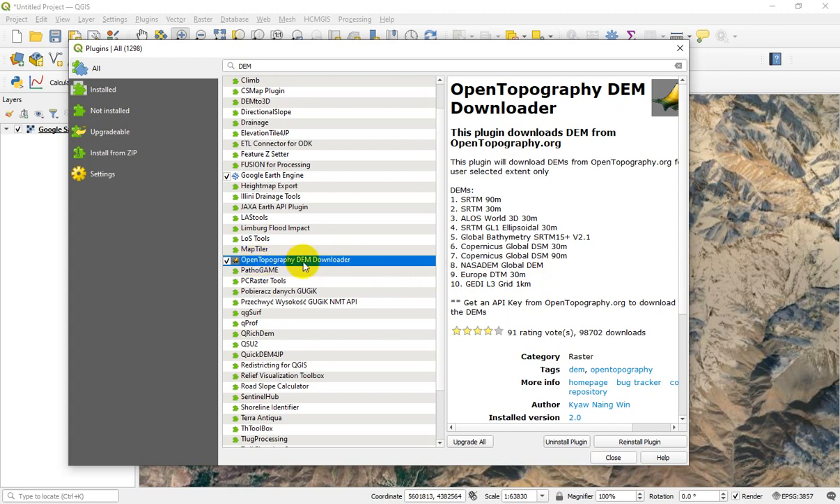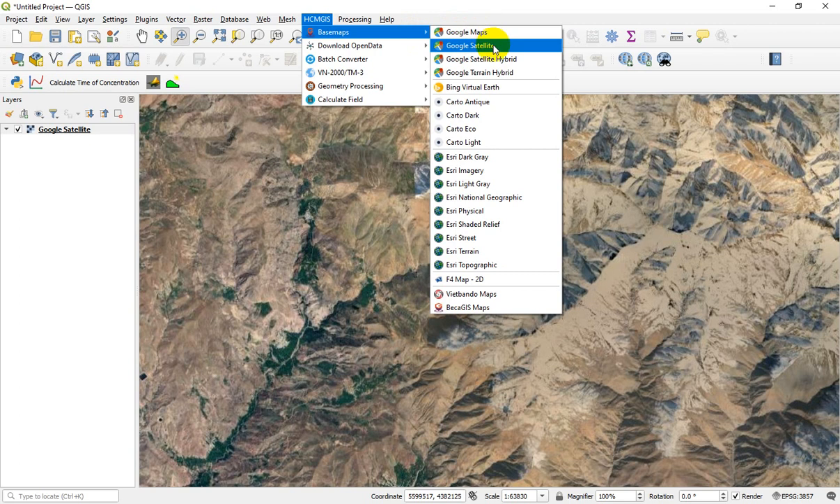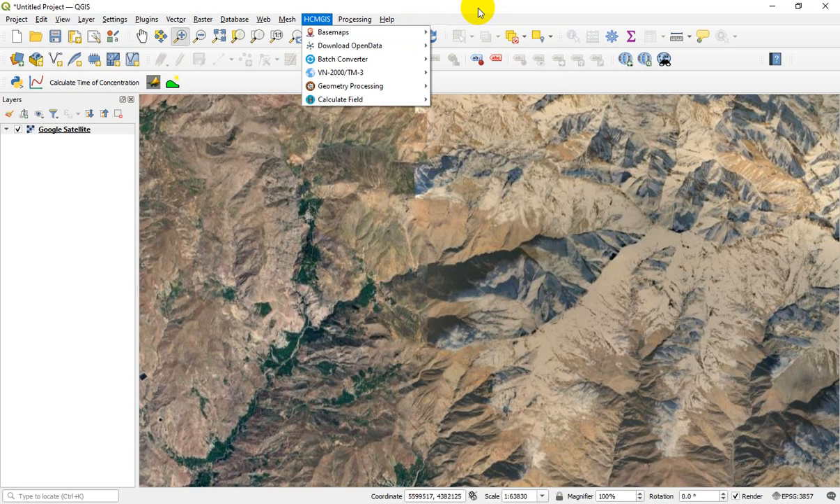Okay, select Open Topography DEM downloader and install it on your computer. And after downloading, you can find icons on Quantum GIS. The first one is Open Topography DEM downloader, and the second is terrain profile, and the third plugin is installed in this section. Okay, again, first of all, load your base map such as Google Satellite or Google Satellite Hybrid or others from